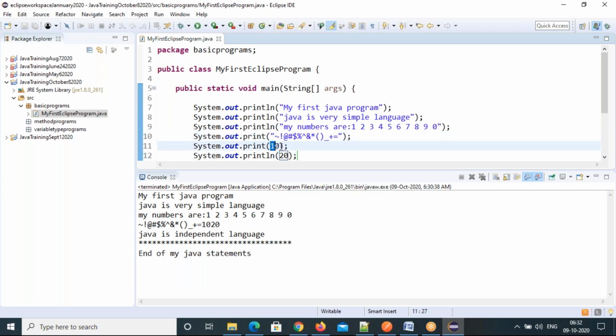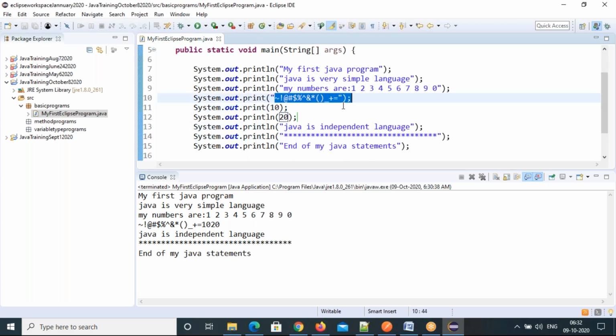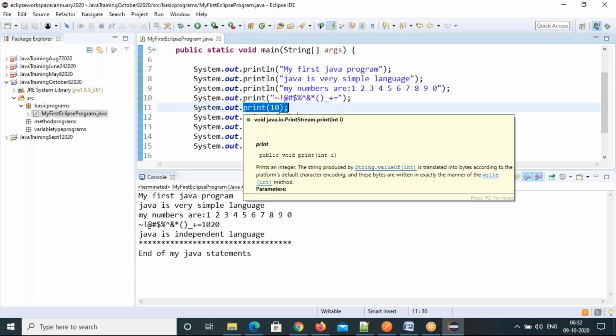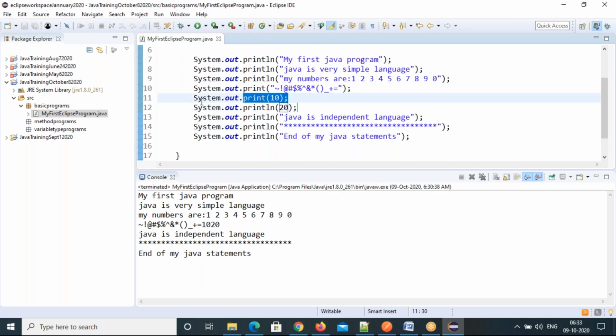Here you're giving an integer, here you're giving string data. You can give different data, whatever data you want to print. It is just printing to the console. The purpose of print and println is just to print to your system console. System.out is outputting data, and that data will be printed by the print and println methods. So that's a complete picture of print statements in Java.